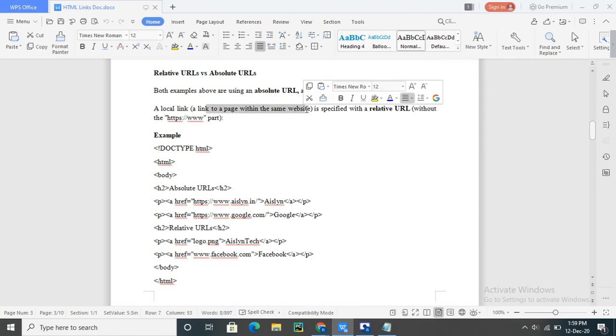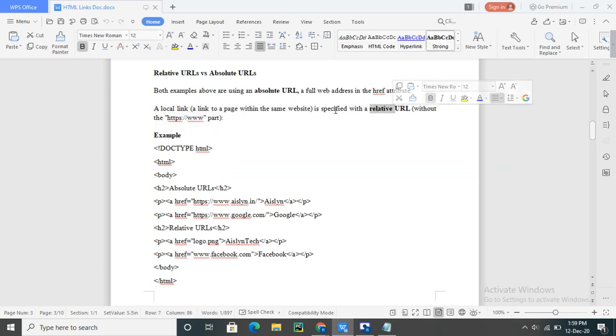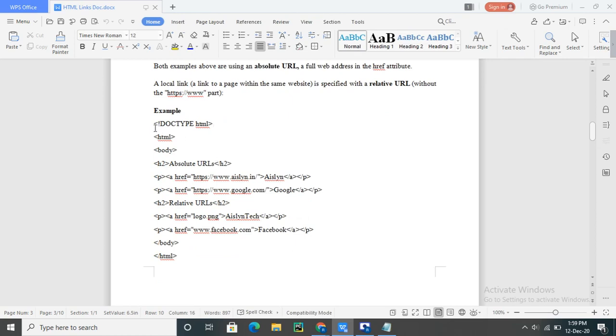If we have one page and a link in that page, that page will open. That is what we specify with relative links, without the https and www. We will see the details in this example.